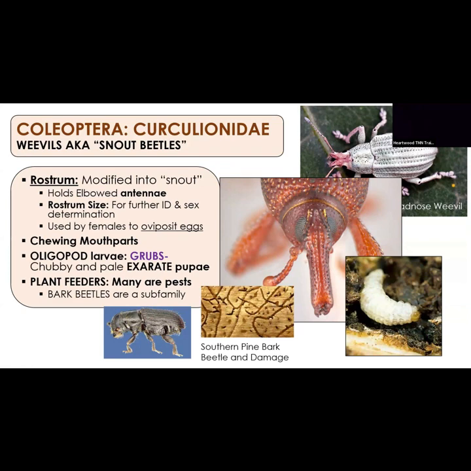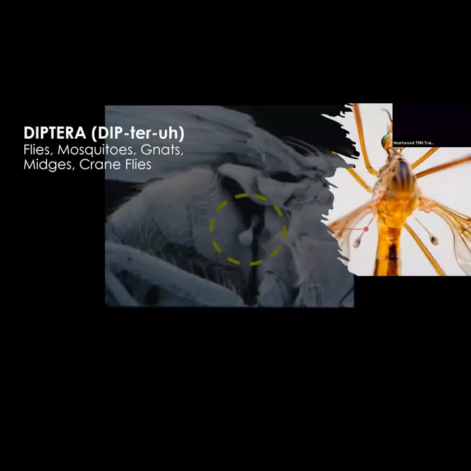The subfamily Scolytinae. I will talk to you next week all about, oh, I did really good on time. I was worried. I will talk to you all next week about Scolytinae because bark beetles and invasives go hand in hand, but weevils also give rise to bark beetles, which can be one of our most problematic species out there. Because as the name suggests, they live within the trees, and just like emerald ash borer and other wood-boring insects, they can cause problems if they get out of hand.